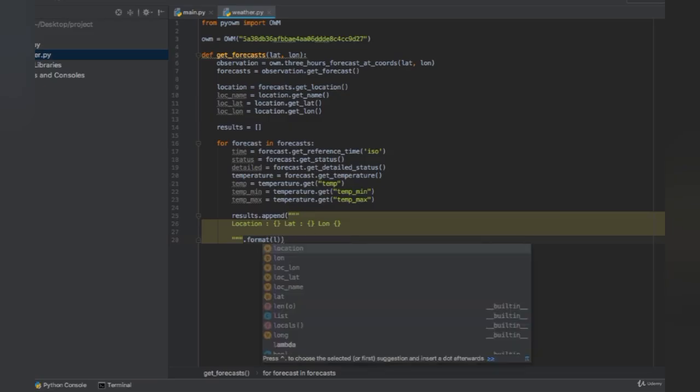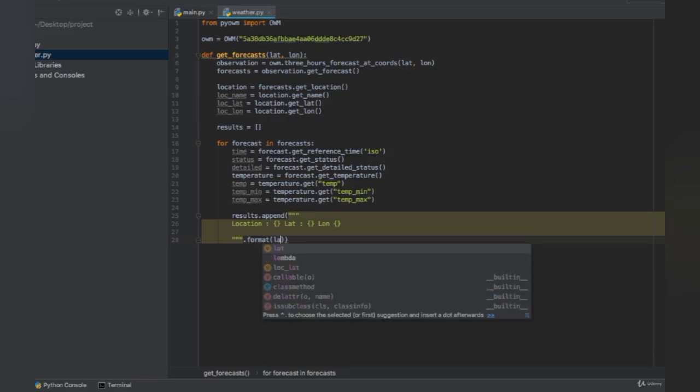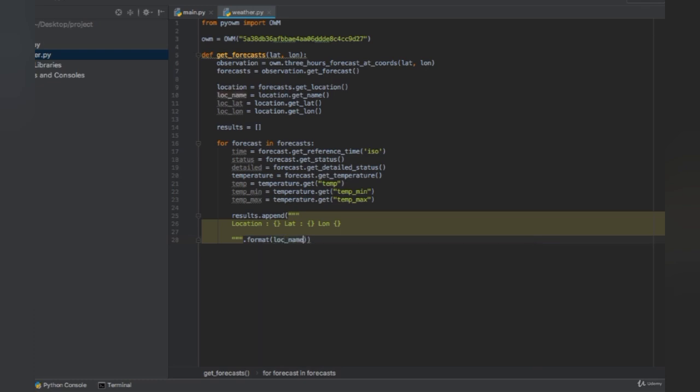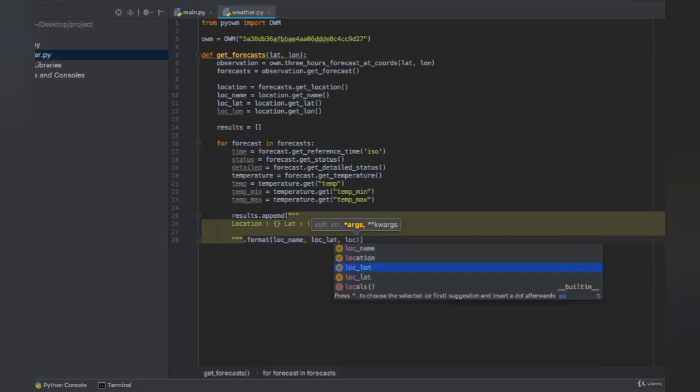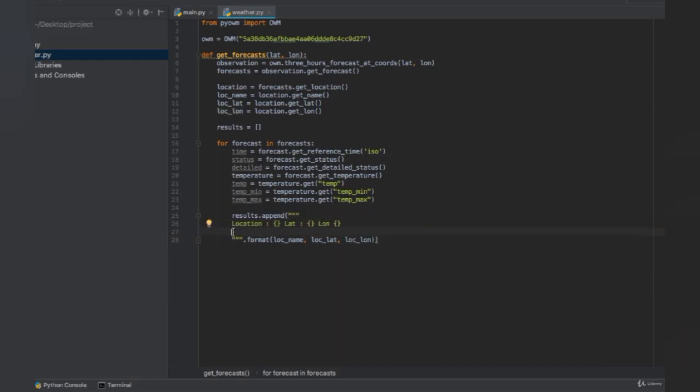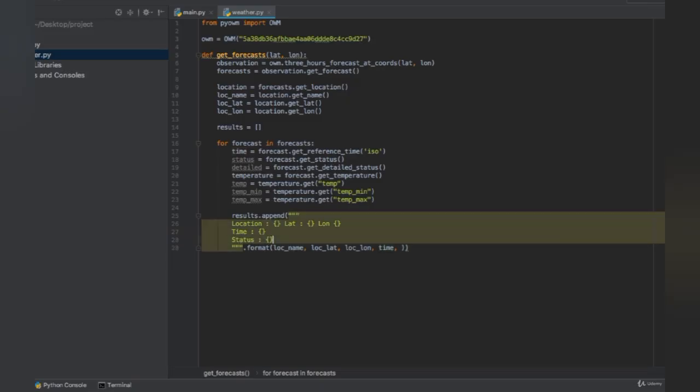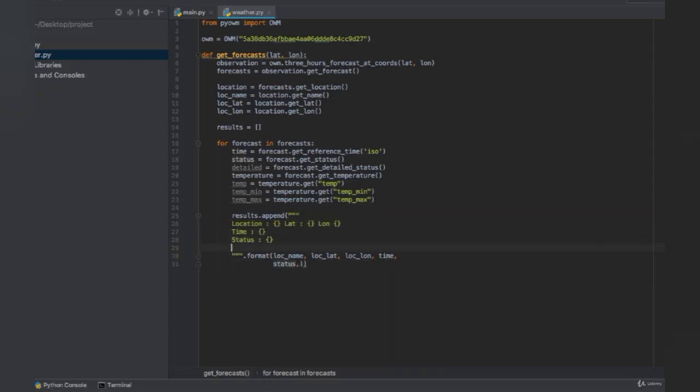So I'll put in the loc name, and then loc latitude and loc longitude. The next thing is the time. I want to know the time for this forecast, so this is going to be time, and the next will be status, and say status, and then the detailed status, detailed, and then the temperature,